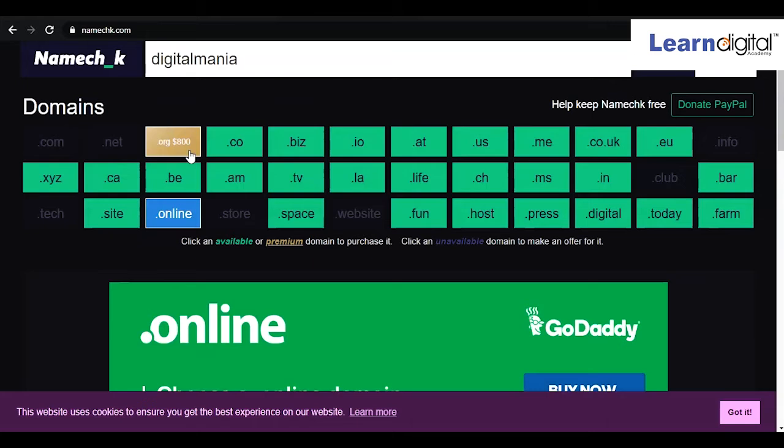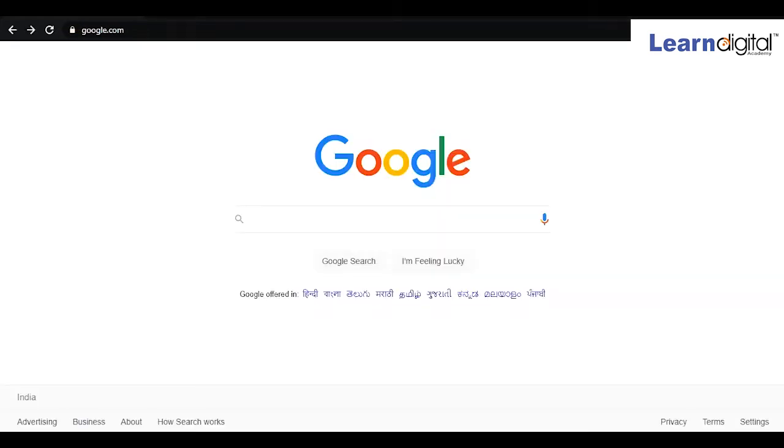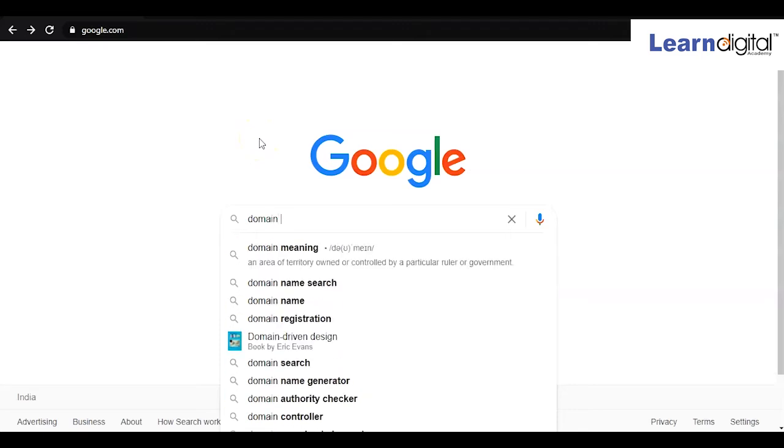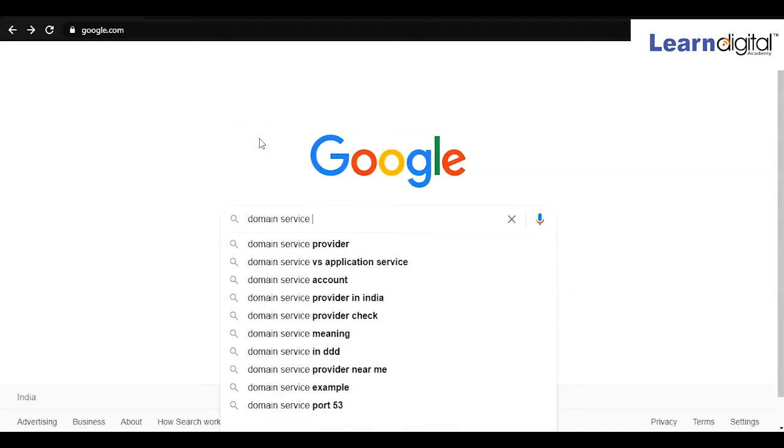Another thing, if you want to check domain availability individually, you can search in Google for domain service providers in India. I'll type domain service provider in India.